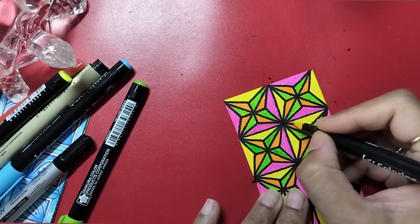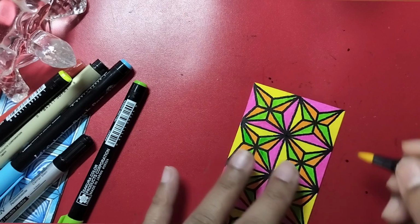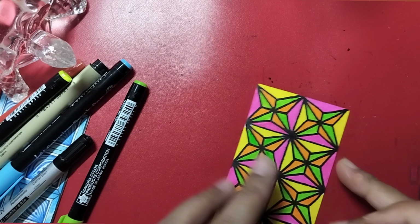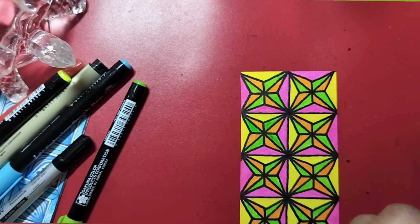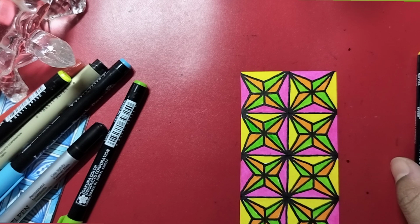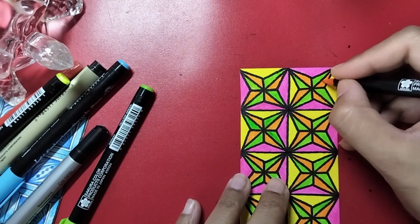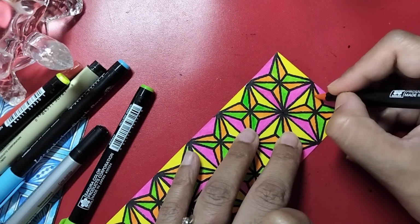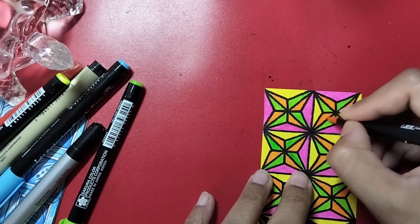Now one small thing that you can do is either use the same shade or a little darker shade to add a little extra darkness at the corners. Right, so either you can use the same brush pen. This will also add a little additional darkness. I'm not sure if it is visible, or you can take one shade higher. So now what I'm going to do is use the same shade and add a little extra darkness at the edges. So I'm basically redoing these lines,